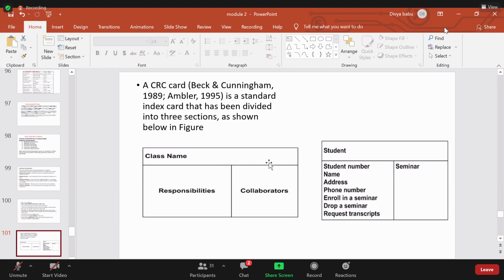Like this, we divide the CRC card into 3 parts. For example, Student is the class name, and the responsibilities of the student are: student number, name, address, phone number, enroll in a seminar, drop a seminar, request transfer, and so on. And collaborators,